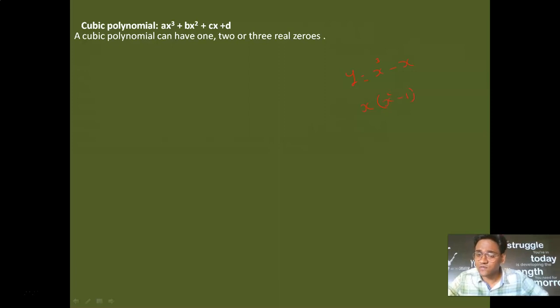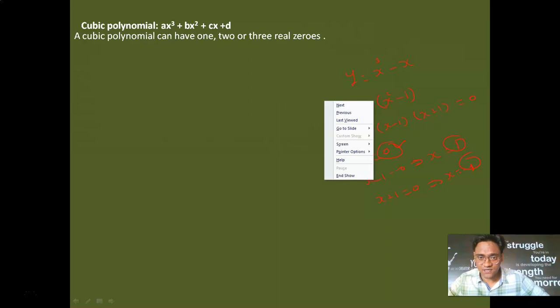So it's going to be x square minus 1, and when I use the identity, I will get this factorization. Now if I put this equal to 0, the three terms can be equal to 0. Either x is equal to 0, or x is equal to 1, or x is equal to minus 1. So students, in this particular case, these are the three real zeros of this polynomial x cube minus x. Clear, students? In this way we can understand that a cubic polynomial can have at most three real zeros.